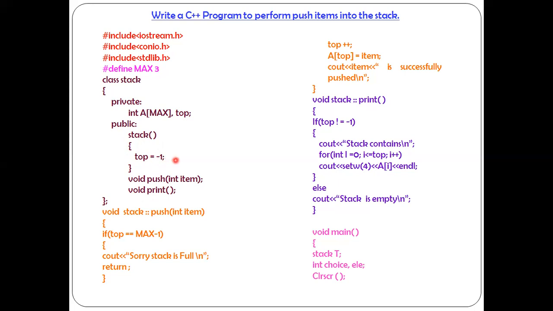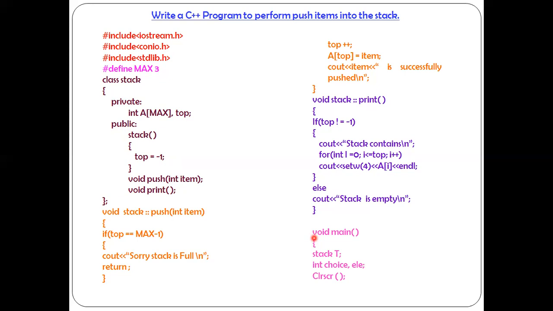As you all are aware, C++ program execution starts from which particular line? It starts from the void main function. Before that, you must be aware of the two conditions of stack. The first is when the stack data structure is initially empty, the value of top will be -1. And the second one is when the stack data structure is full.